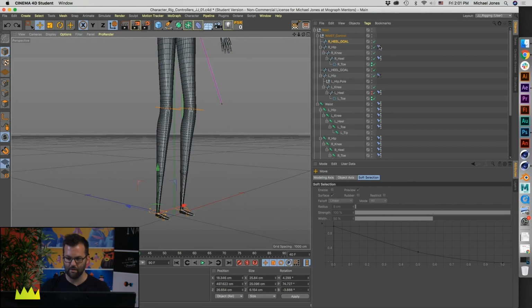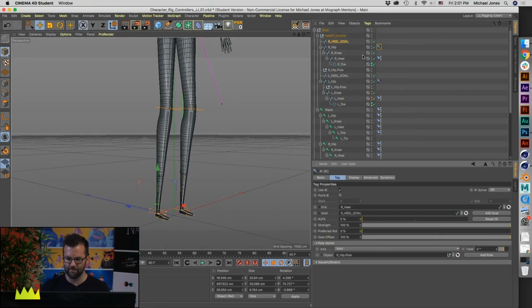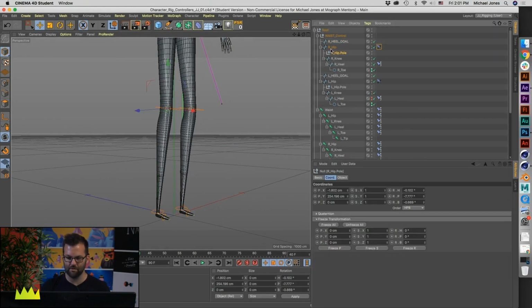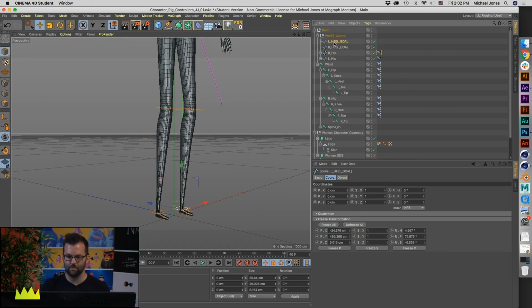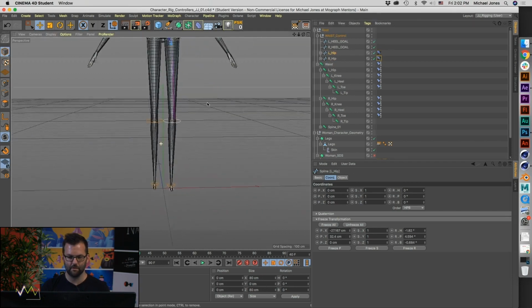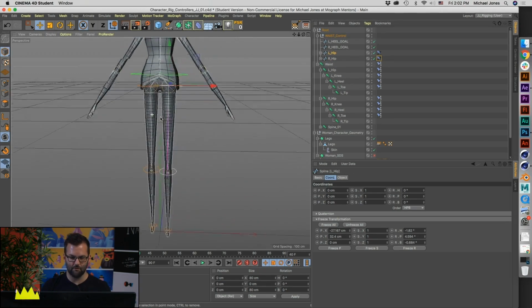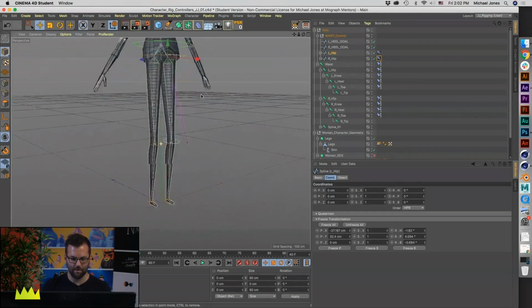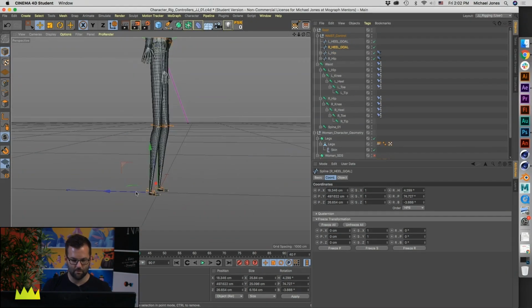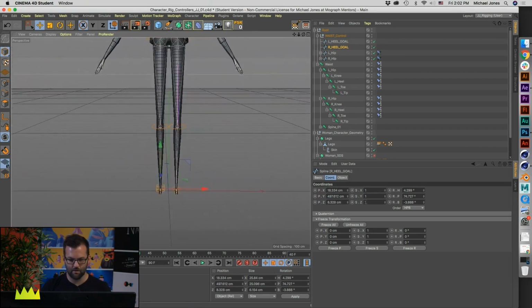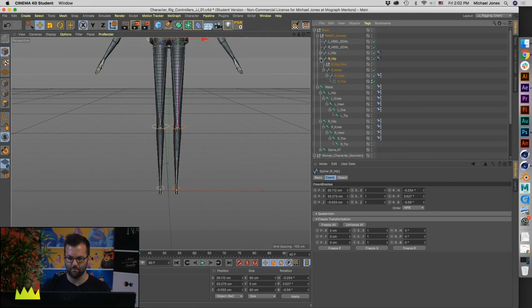Let's just make sure we add that hip pole just like this, and let's just parent it to the hip. So now we've got 2 beautiful controllers, 2 beautiful chains. I do want to change the color of the right leg just for fun. I'm going to move this up just to match its little brother there. And let's zero out all of these as well. So on the left hip and right hip,